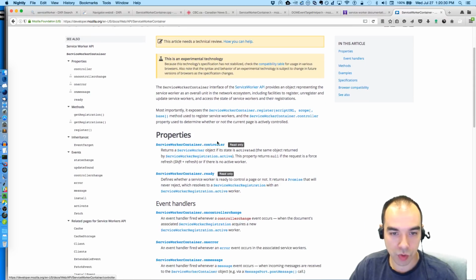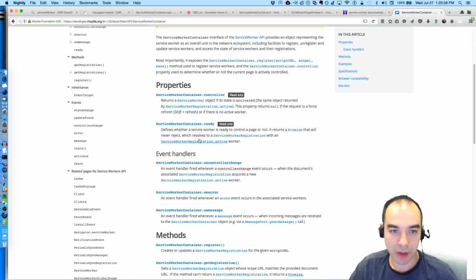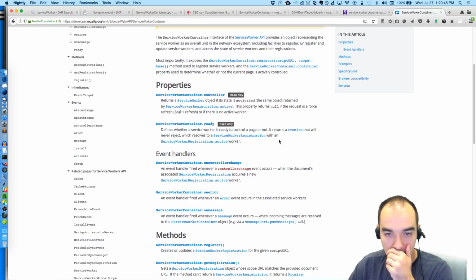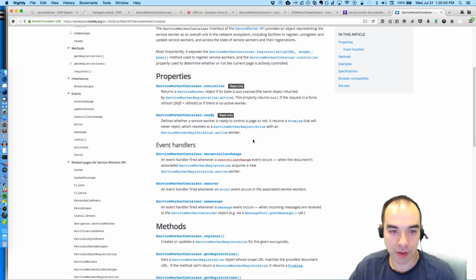Okay, so there's a controller which returns a service worker object if its state is activated. There's also a ready state, defines whether a service worker is ready to control a page or not. This API returns a promise that will never reject and will eventually resolve to service worker registration.